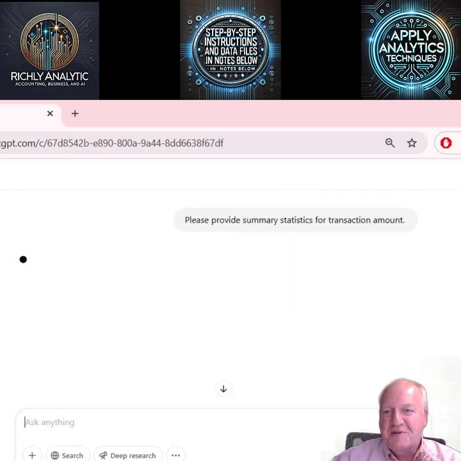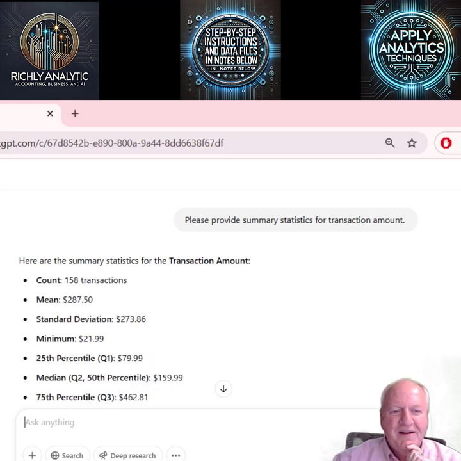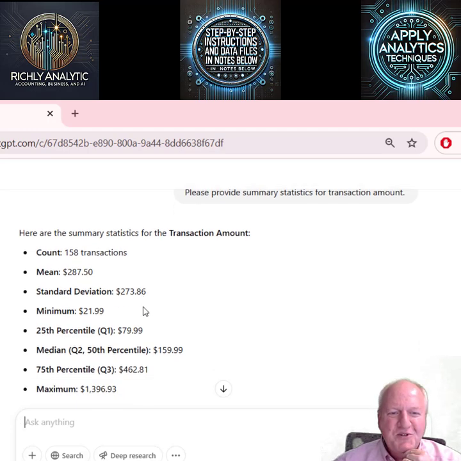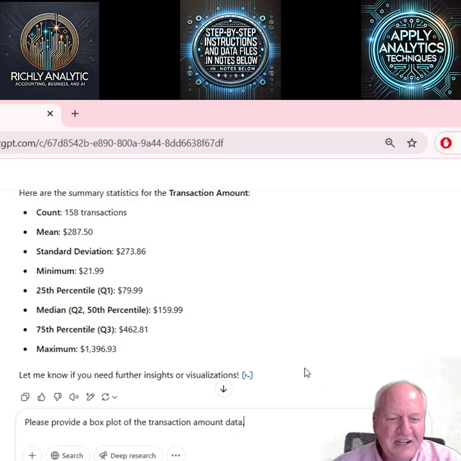With summary statistics you could guess it would be the mean, median, mode, 25th percentile, standard deviation, your standard items that you would expect to see. And these are items I can check to make sure that the data set is read in completely. I've found sometimes that ChatGPT is a little bit lazy in accessing all the data, so I'd like to check it.